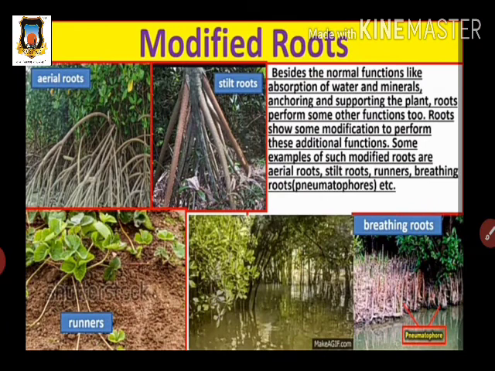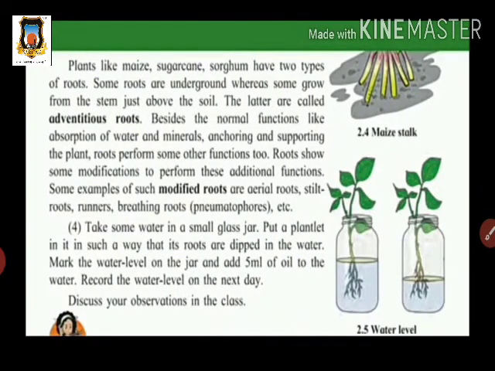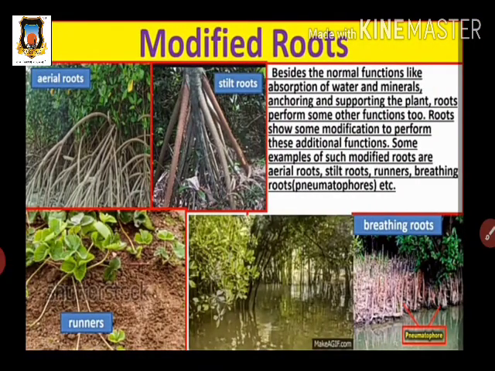So after doing the activity you should observe what happened. Even after adding the oil on the layer of the water, the water level has decreased. Why? Because the water gets absorbed by the roots of the plant, so there is no effect of the oil which we put inside the water. Okay, so here we see the function of roots: roots absorb the water from the jar and the plant gets watered. In this way we can see this observation.